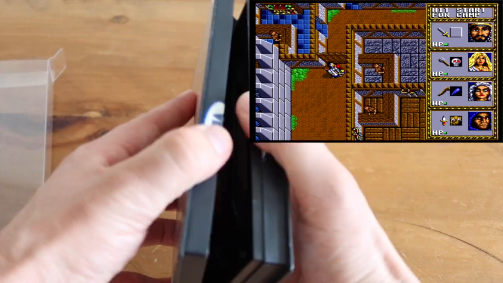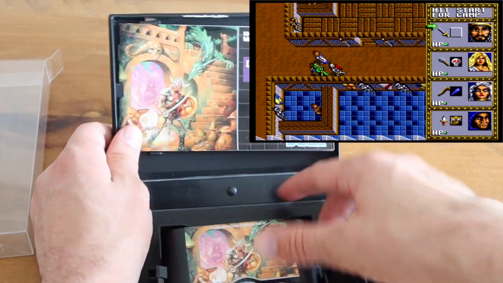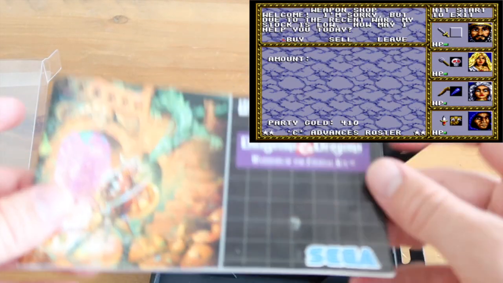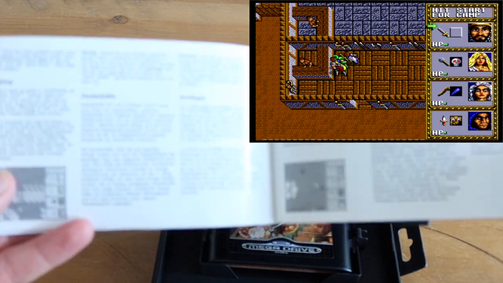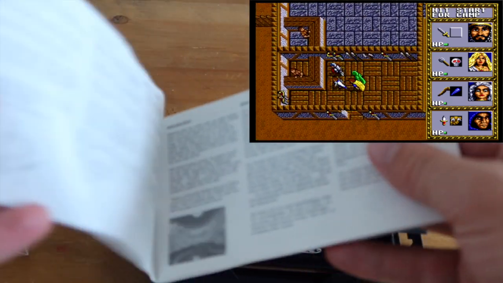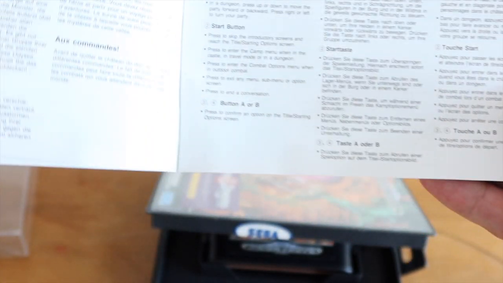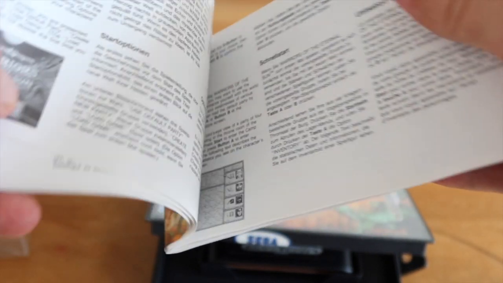So, in case you haven't seen a Mega Drive game before, and the instructions, which aren't in the best of condition, but I've got no way of playing this anyway. So yeah, it's just for display purposes only, which I'm quite happy with. And I'll just show you, there's some really nice pictures in here as well. Sadly, they're in black and white, but...